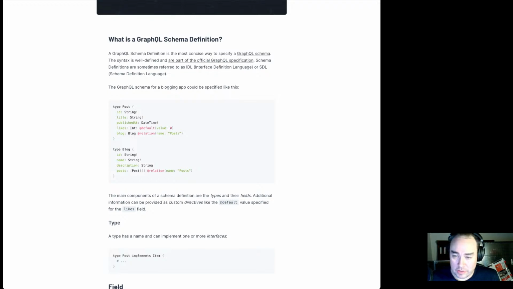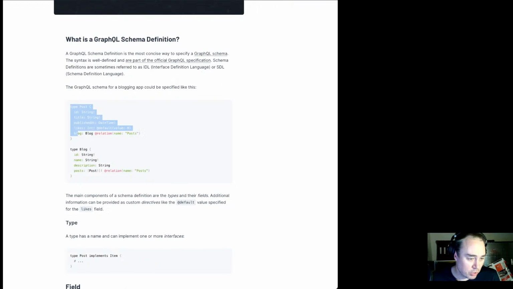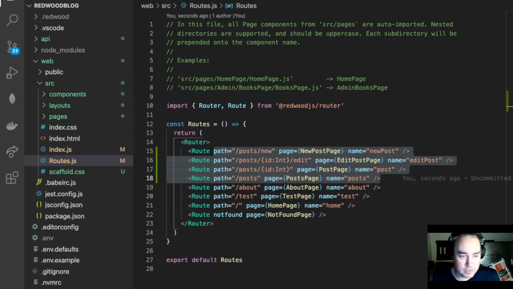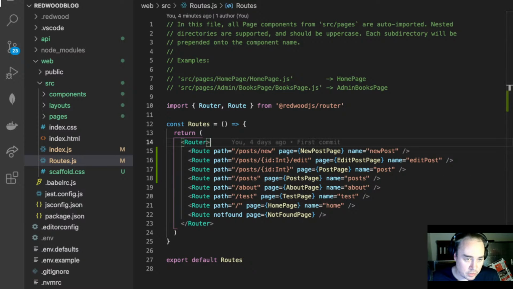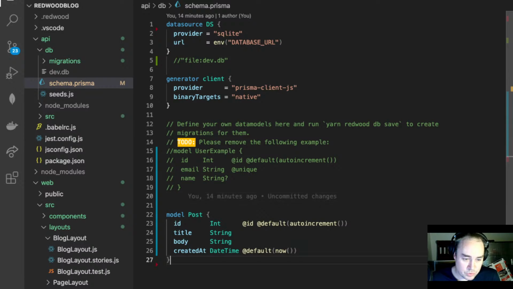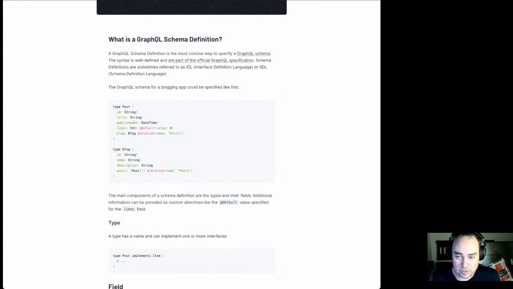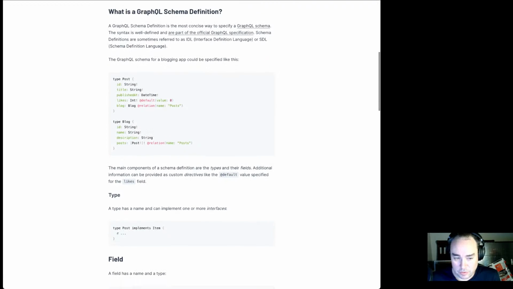Neat, eh? And so if you look at this, everybody can see it? Yeah, right. So if you look at this, and then you go back to our code, and we're rocking the Prisma schema. There we go. So now if we wanted to, we could look at that code and see the post, go over here and take a look at our schema definition, and maybe think to ourselves, why don't we knock that off somehow